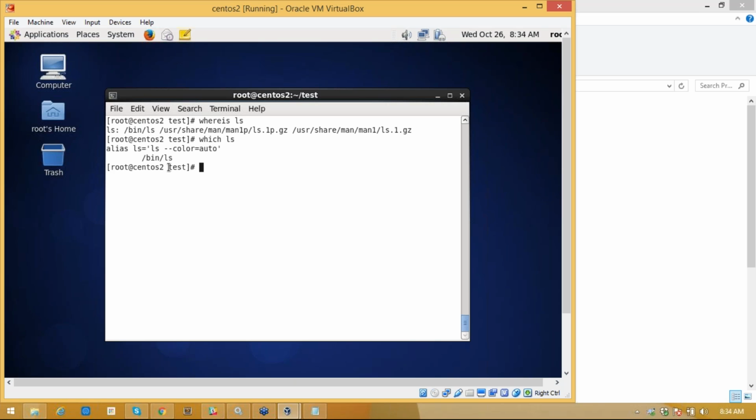It is located in /bin/ls. Let us say I want to know where the passwd file is located, which passwd. It is located in /usr/bin/passwd. You can use whereis or which to know where exactly a command is located.